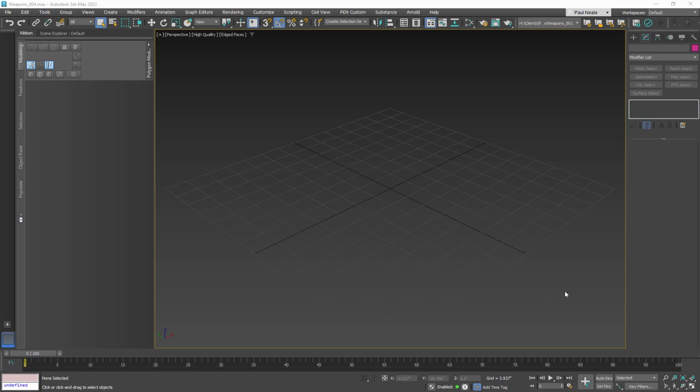We have to consider scene scale when we're building objects in 3D space. This goes for any application. The simple reason being that things like the physical camera, the Arnold lights and the physical light system that's built in, cloth simulations of any type, or any other kinds of simulations are all based on real world size